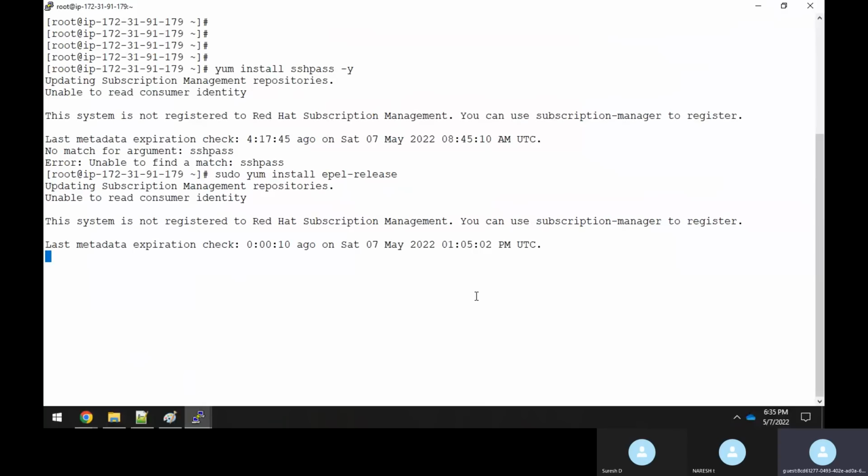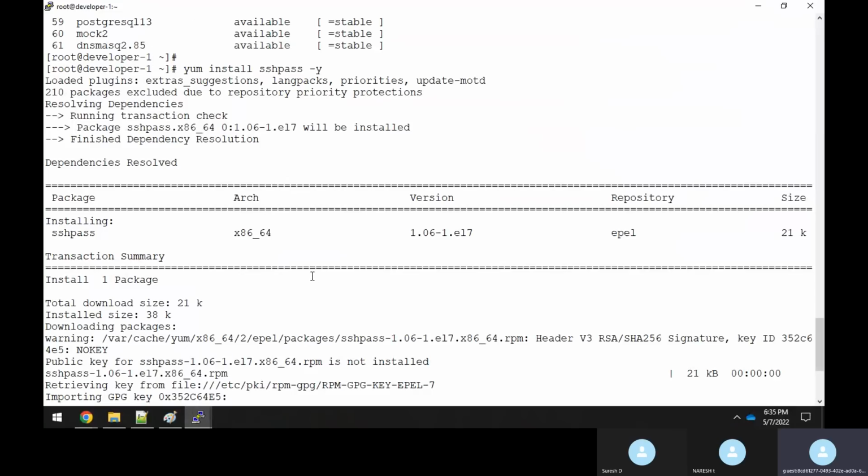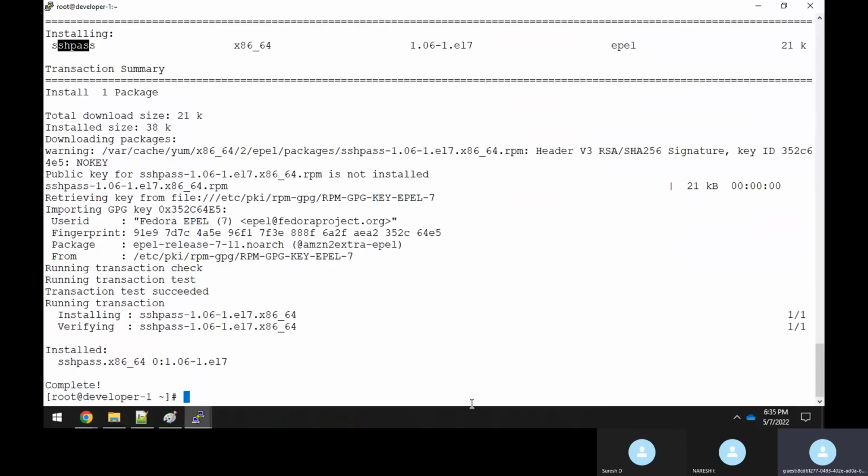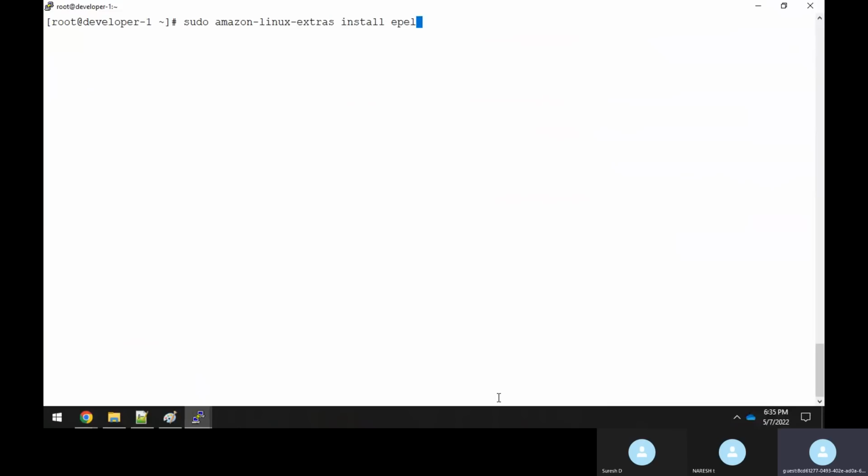So I'm installing this package. Unable to find. Okay, we will see that. But here in Amazon Linux, it has installed actually. So now here I have installed the sshpass. Okay, no doubt, no problem. So I had a requirement that I have to install it actually. Now, if you see over here this command, whenever I executed this command, suppose I want to execute this command,